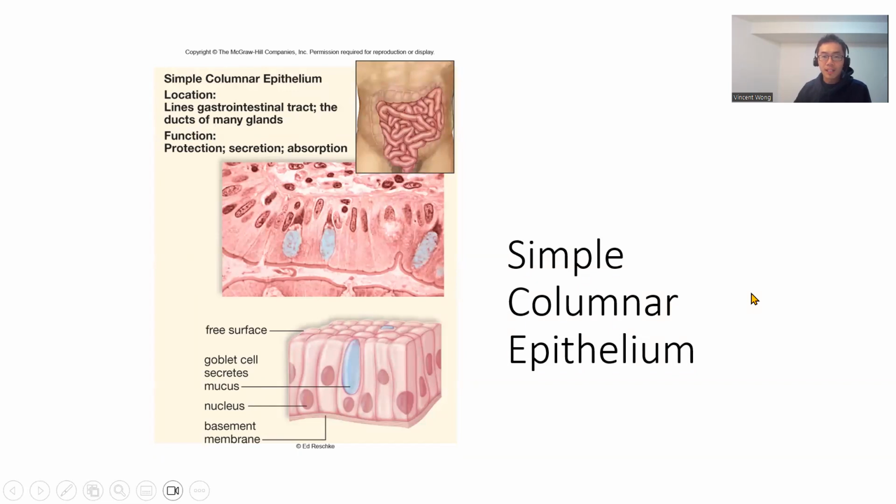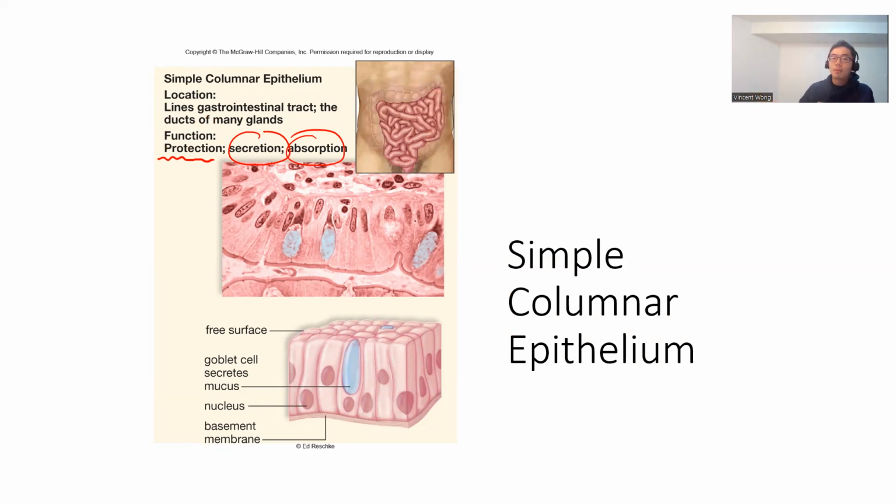Next, we have the simple columnar. They are also good for secretion and absorption, but because they are bigger, longer and taller compared to the cuboidal cells, they are also pretty good with protection. So in the GI tract, your gastrointestinal tract, where there's partially digested food